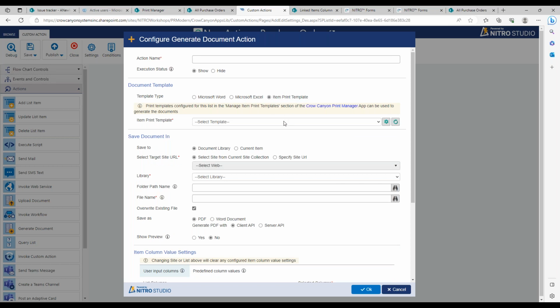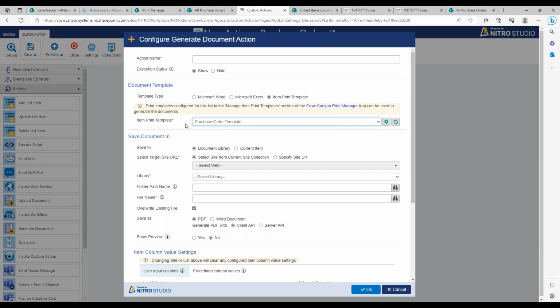I think item print template, honestly, is probably the easiest way to do it, because then you can play around with it directly. With Word, you have to have these particular kind of form fields to map into. You have to build that mapping in the settings. Purchase order template or the item print template already has all those mappings in place. I guess you have to build them too. But either way, whichever one you want to do, you can go ahead and